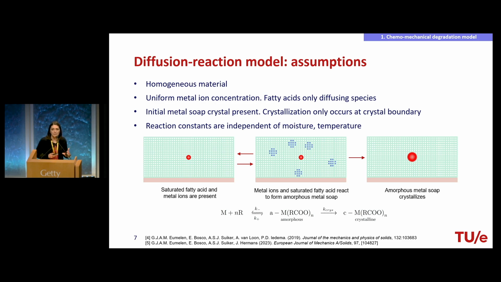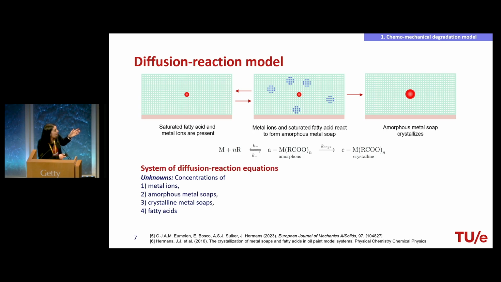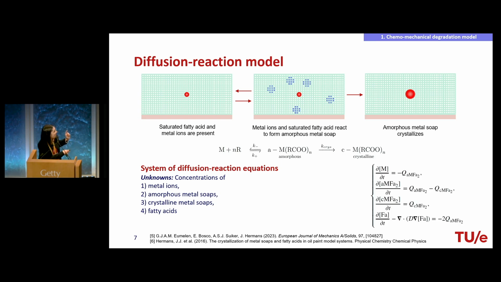Of course, the temperature and the humidity may influence this chemical reaction. So what comes out is the chemical process that is described, and what we have to solve is a system of diffusion reaction equations. Just to scare you a little bit, I'll show you the equations, but please look at this side. Keep in mind that this is a complex problem.